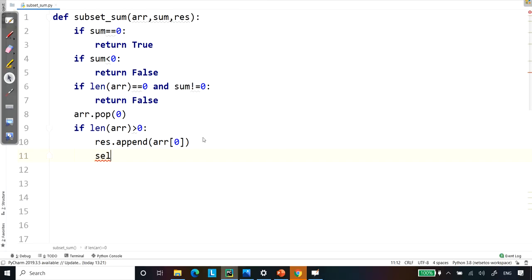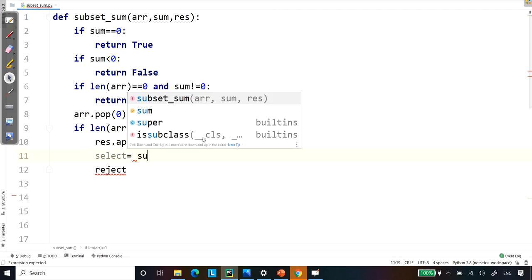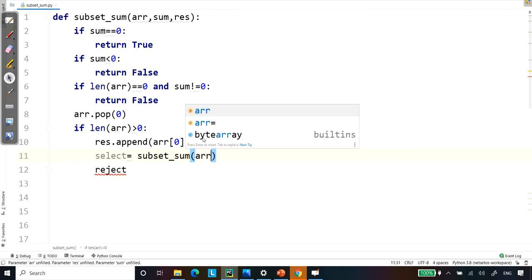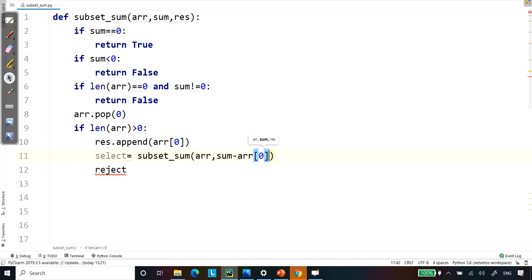So here I'll write 2 points, select and reject. So when I select, it will go into recursion subset_sum, where it will have the array and it will subtract the first element from the original sum, and we will have the result where it will append the first element of the array.